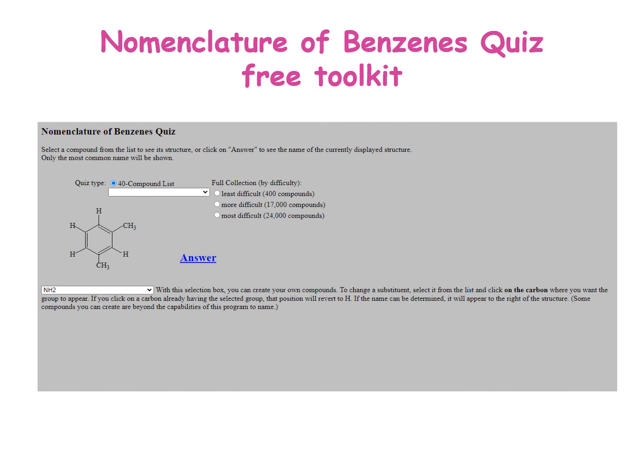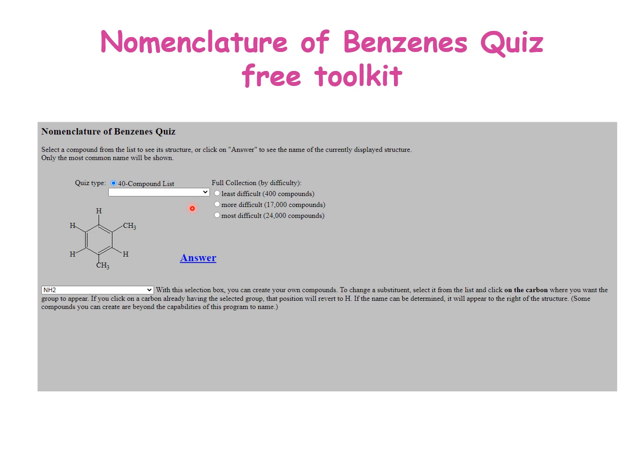This is one interesting toolkit available. I have shared the link in the description box. Here different compounds are available and you can learn naming them. You can even select compounds which are not existing in the nature. You need to first select the difficulty level. So at the easiest level there are 400 compounds. At the difficult level there are 17,000 and 24,000 compounds. So initially you need to select the level and then click on this arrow.